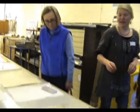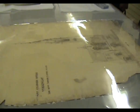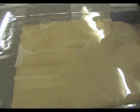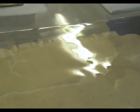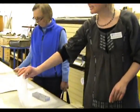Some outside work that's come in actually from Ampleforth Abbey. These plans, as you can see, were rolled up and in quite bad state. The edges have been sort of shattered and they've done their own repairs to them. Their old repairs, you can just about see the faint outlines of the A4 paper they'd stuck down with flour and water paste, and replaced them with Japanese tissue and wheat starch paste, which this is a kozo